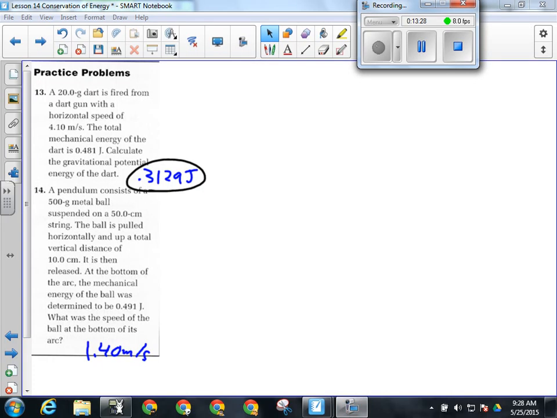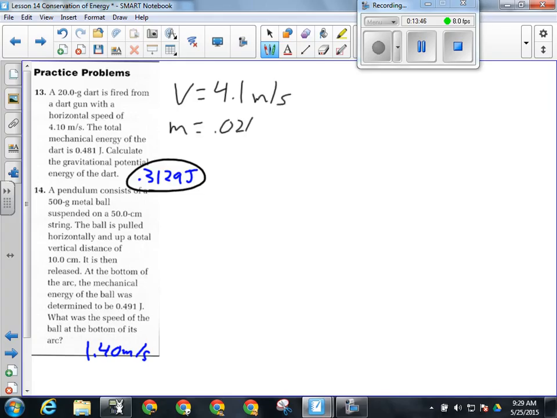All right, let's have a look at number 13 here. So we got this 20 gram dart, 0.02 kilogram dart, fired from a dart gun with a horizontal speed of 4.1 meters per second. And we know the mechanical energy of the dart is 0.481 joules. Calculate the gravitational potential energy of the dart. Well,